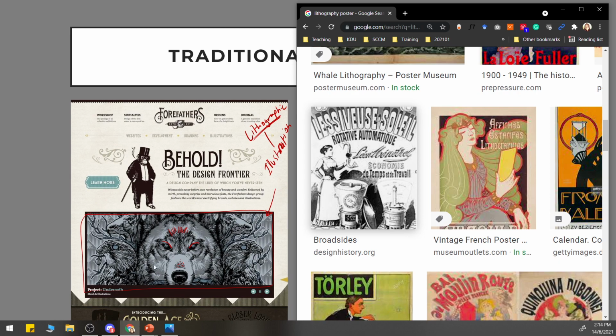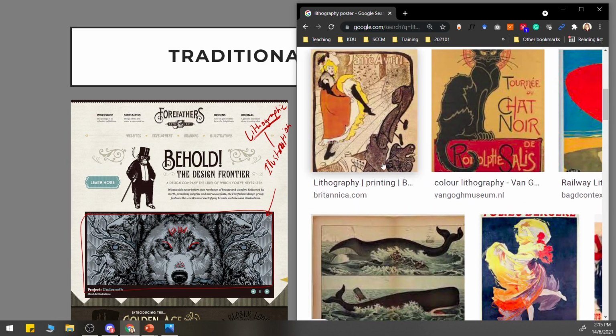Yeah. So that's why, even though this is designed for the screen or the phone, it's a very modern application. It's a 21st century application, but because this brand values tradition, they borrow a lot of traditional poster or lithographic illustration, choice of colors, choice of lines, choice of detail, very detailed fine lines here, right? And also the choice of papers that a lot of us see this lithographic printing on, and that's why it creates this look,